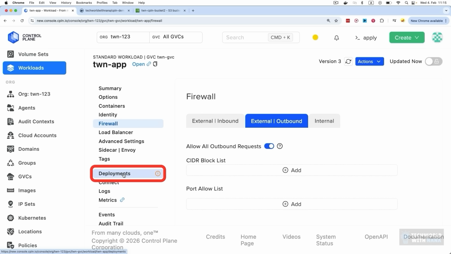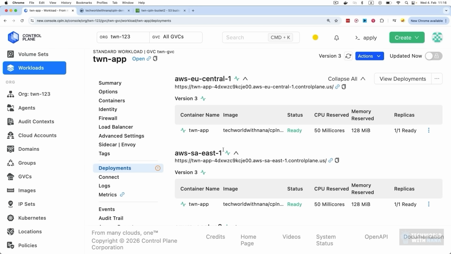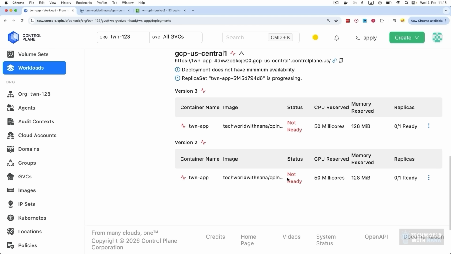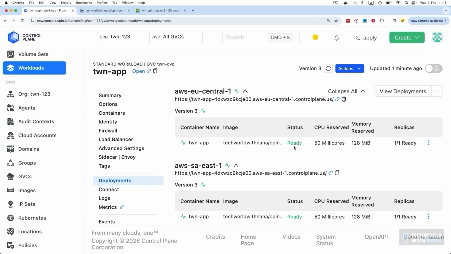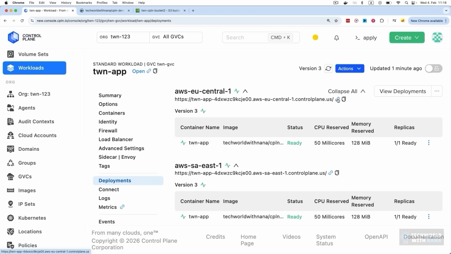And if you go to deployments, you're going to see that our Docker application was automatically deployed in all the locations in our virtual cloud. So we have the AWS regions, the Azure and GCP. This one is still coming up. And we also see the status that says our containers are ready. So this is from the Kubernetes cluster. It's in ready status and 1 out of 1 containers are up and running. And for each region, you actually have the links to check the application itself.